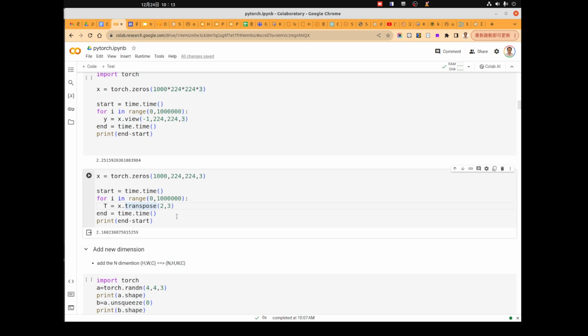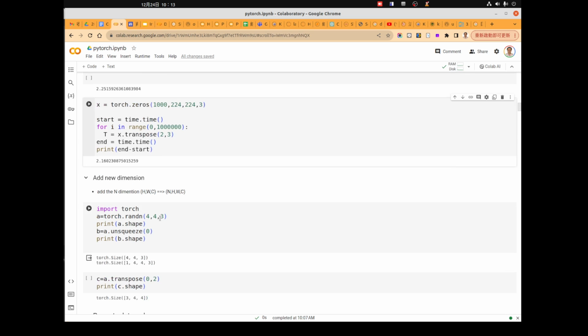Okay, so actually this won't take too much time either. You can see that those two operations didn't really take too much time. So when you want to do this operation, you can just do a reshape or transpose of it, and then PyTorch will do the optimization for you.